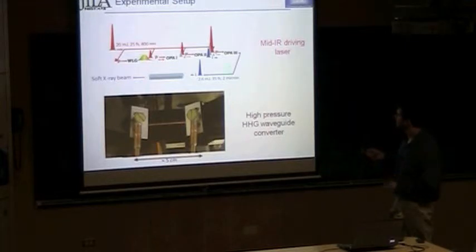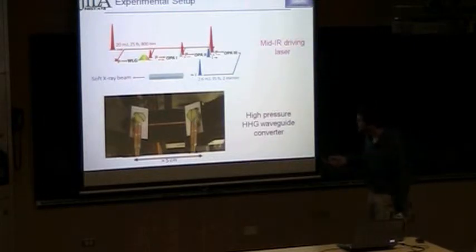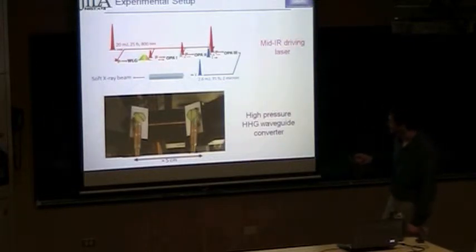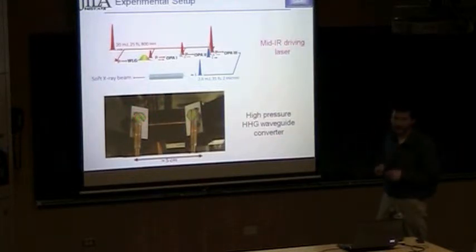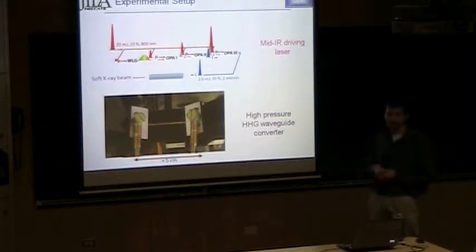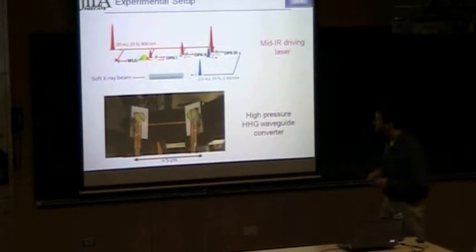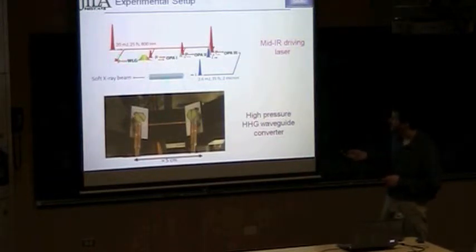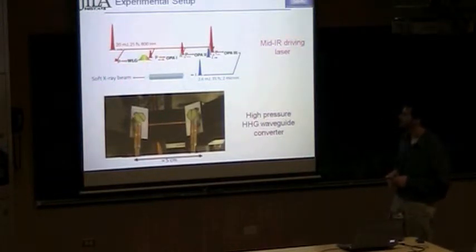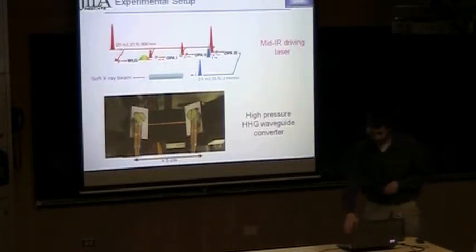Then we take the output of the OPA and focus it into our hollow core waveguide. Here we've got a picture of one of our current setups. Right here, these two places are the inputs for the gas. And our waveguide is this bright little thing in the middle here. The laser is going through and generating the plasma, so you see the plasma emission. Then at the output of the waveguide, we have our soft X-ray beam that we will either send through a spectrometer or shine on our sample.